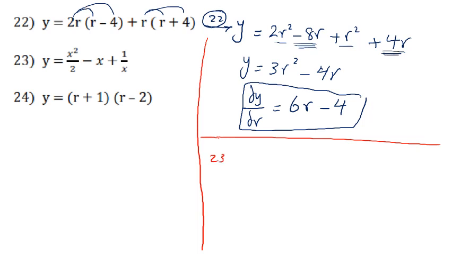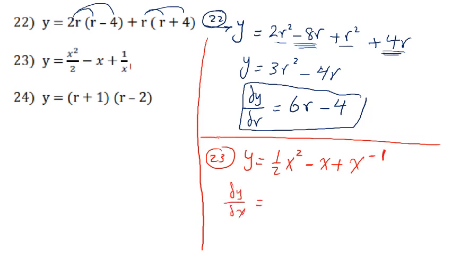Number 23, it's the same as half x squared. So x squared over 2 is the same as half x to the power of 2, minus x plus 1 over x, which can be written as x to the power of negative 1. So dy by dx is equal to